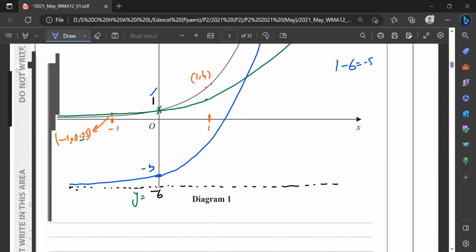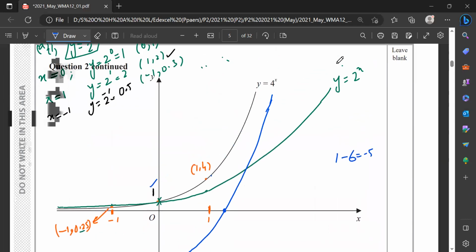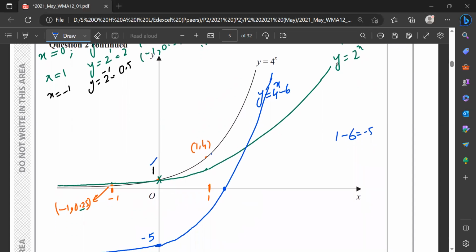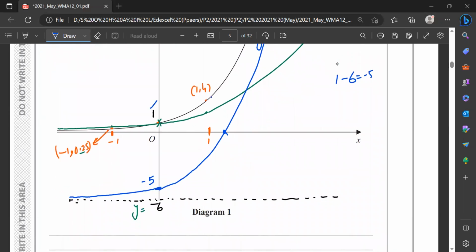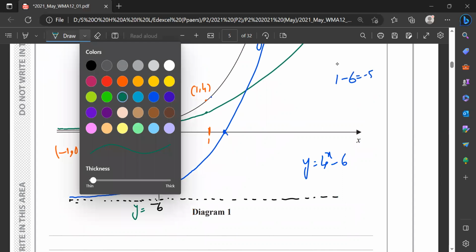This is minus 5, and this graph, which is y equals 4 power x minus 6, is crossing the x-axis at a point here, roughly. So how to find this point? This is basically the x-intercept of the graph of y equals 4 power x minus 6. And for the x-intercept, what you can do,